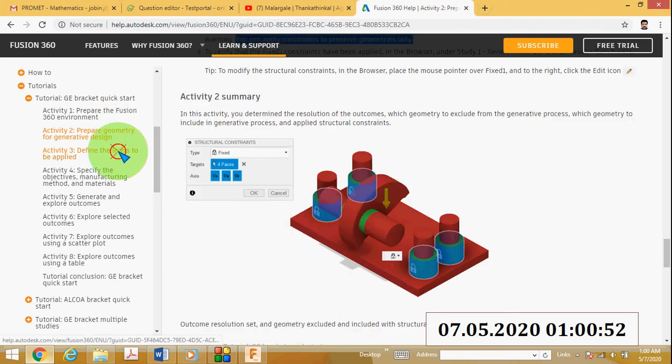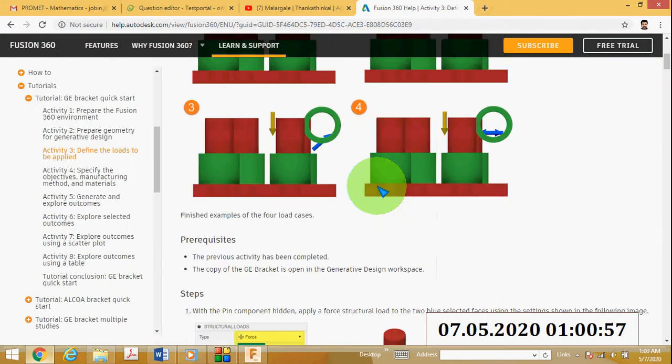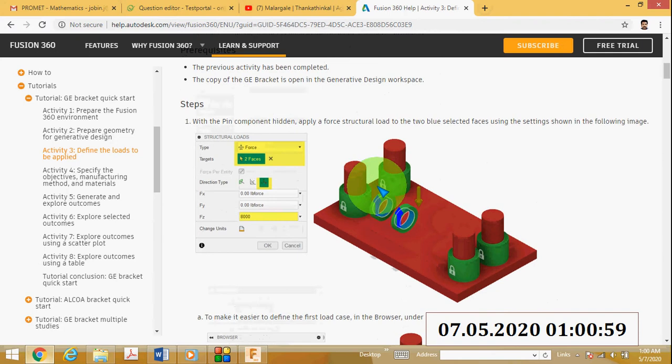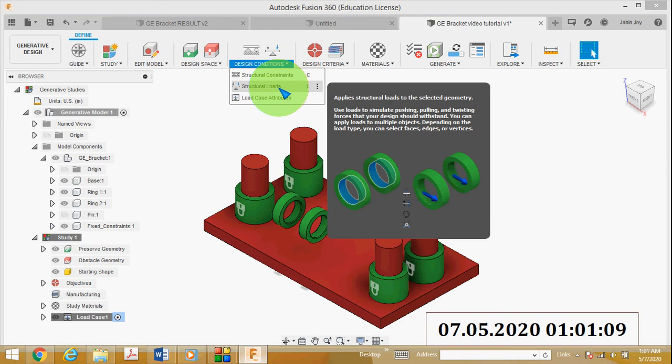Then next is to define the loads to be applied. First I will go to design conditions, then go to structural load.